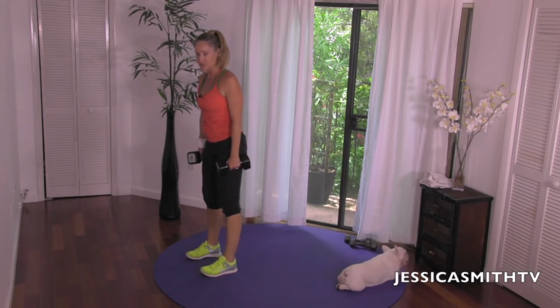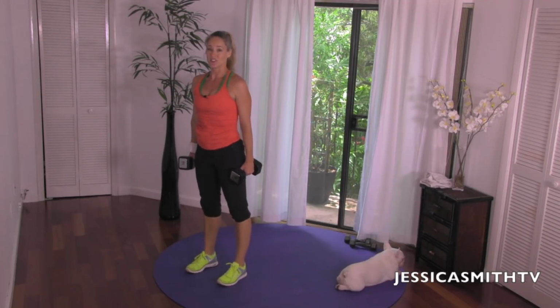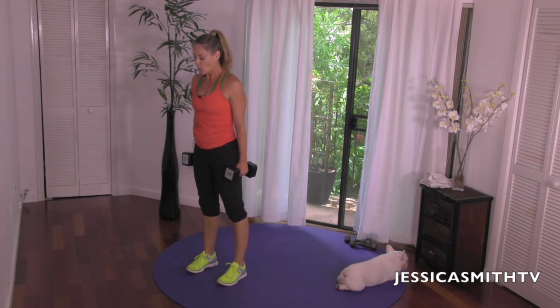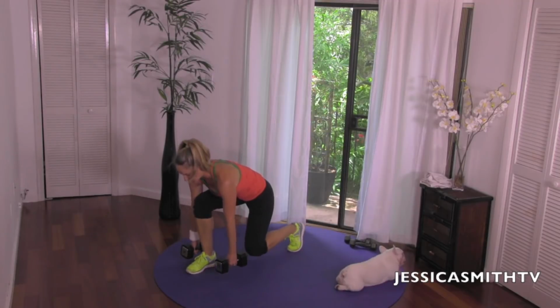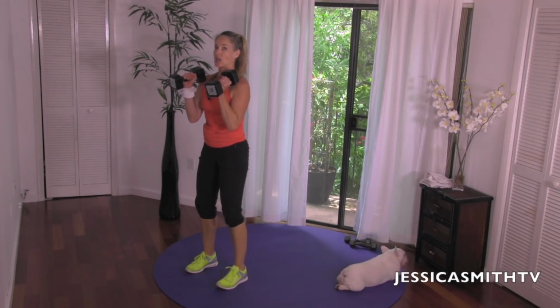So stand with your feet hip distance apart. I'm just gonna give you a little 3/4 view so you can see my form. We're gonna start with one leg, doesn't matter which one because it alternates. Lunging back, we reach forward, we're gonna go slow first. Lunge back, stand up with a flat back, curl those weights in front of your shoulders, keep your abs braced